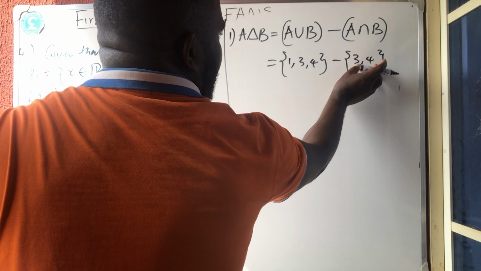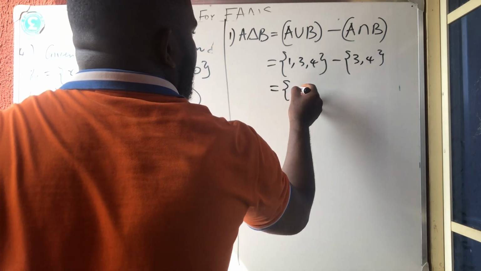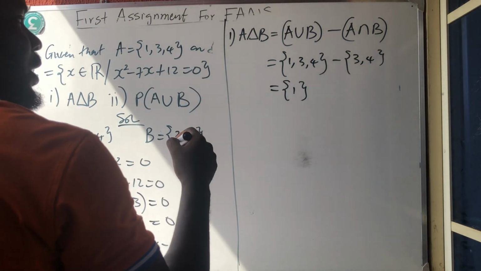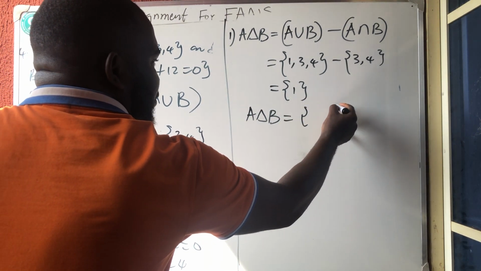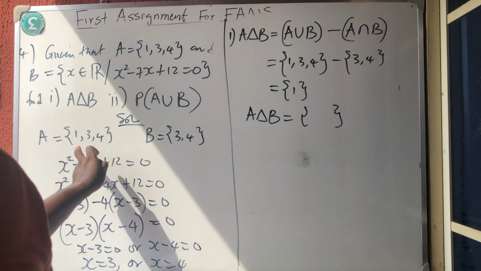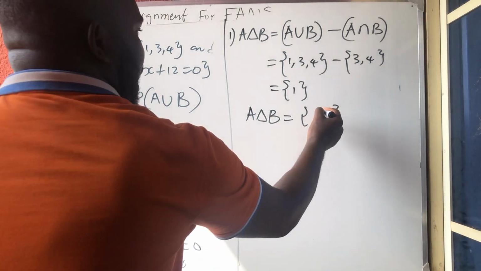If you minus 3 and 4 from here, the only thing remaining is 1. Alternatively, A symmetric difference B simply means what they don't have in common, and if you look at these two sets, what they don't have in common is simply 1. So 1 is the